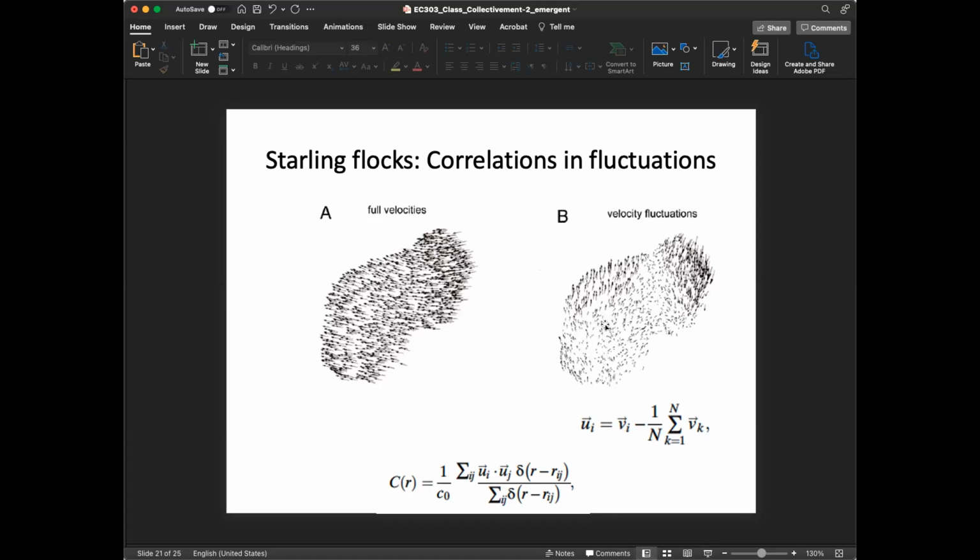So for example, here there is some fluctuation, here there is some fluctuation. How are they correlated? If the fluctuations are very similar, then this C(r) will be close to 1. If the fluctuations are very different, then this C(r) will be close to 0. If you take very nearby regions of the flock, what do you think C(r) will be? For example, look at this. If I take very nearby areas in the flock, what's the fluctuation correlation going to be? Minimum or maximum?